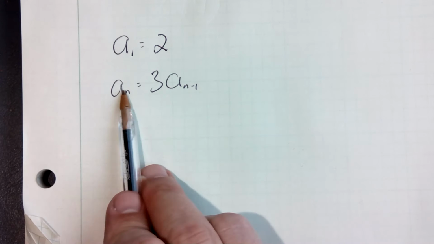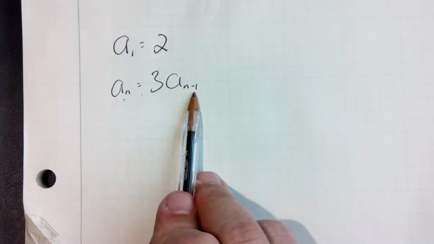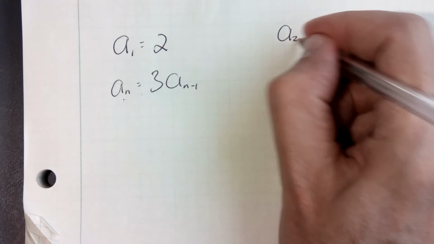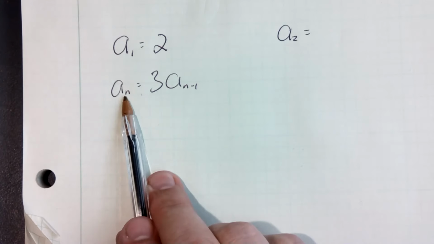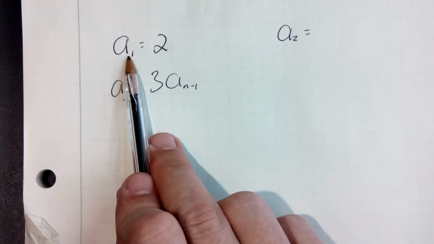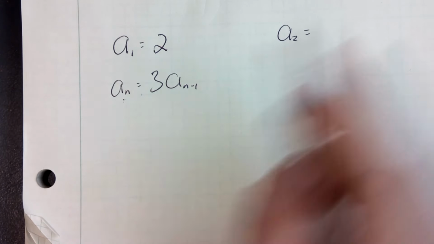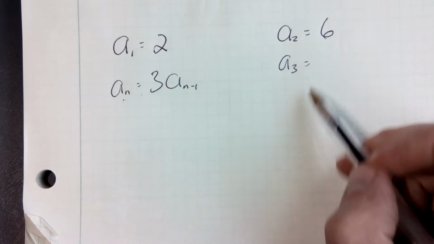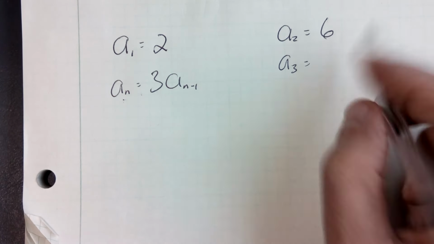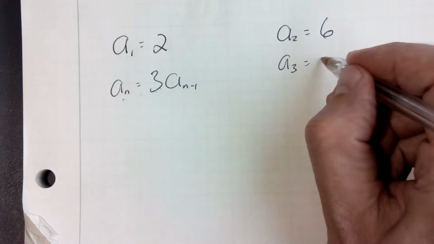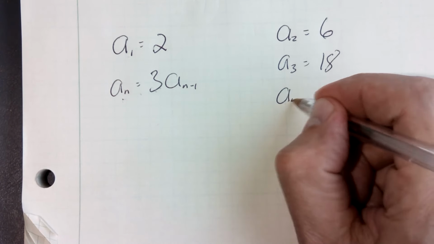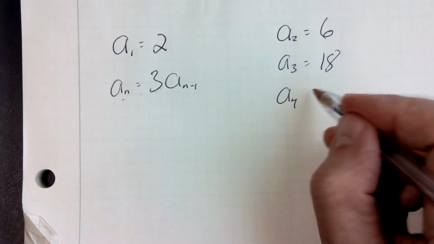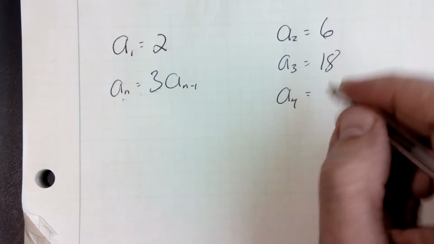So a sub n is equal to 3 times the previous term. So now we can find the second term by taking the previous term, which is the first term, which is 2, and multiplying by 3. That gives us 6. To find the third term, we take the previous term, which is 6, and multiply by 3, which is 18. To find the next term, we take the previous term, which is 18, and we multiply by 3, which is going to be